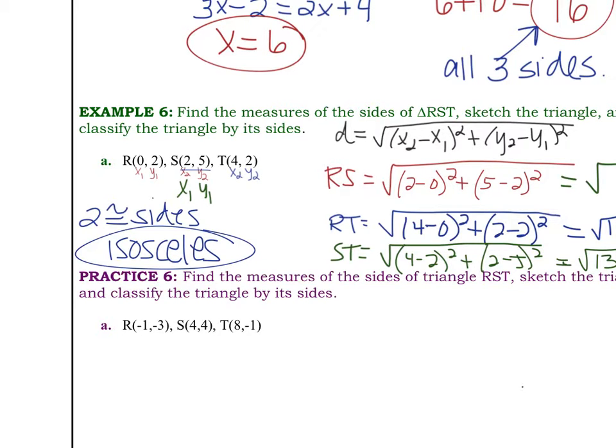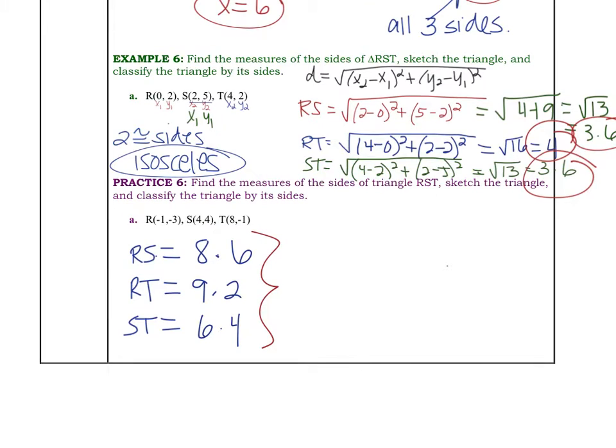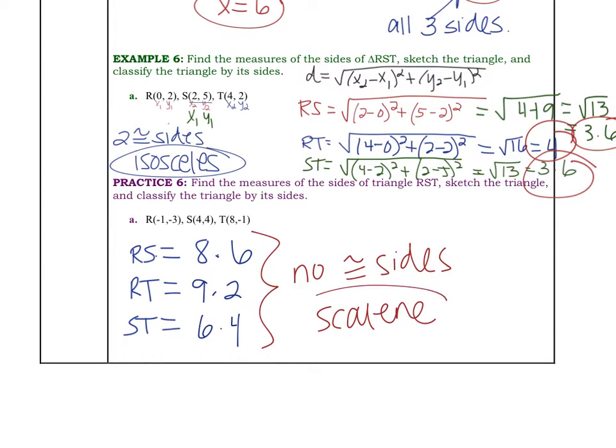So it's doing the same thing. You're going to have to do distance again. I know it seems kind of tedious, but it's not too terribly bad. So go ahead and try the practice. No? So if I have no congruent sides, what kind of triangle is it going to be? It is a scalene triangle. Okay. If you had a graph, you could graph all of them and you would see probably visually. I don't like doing that though because